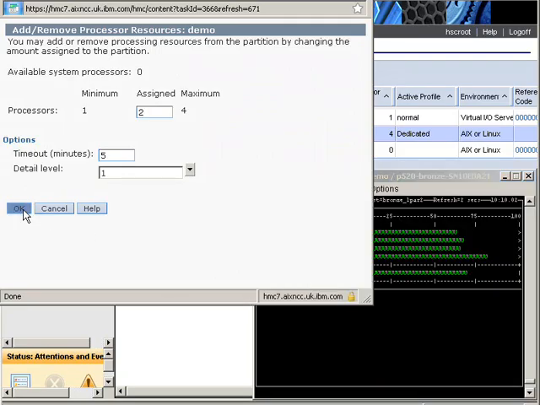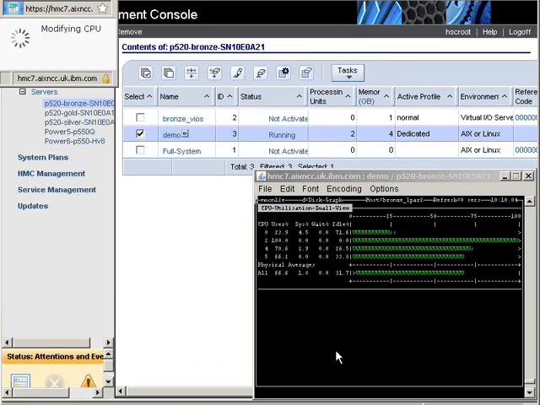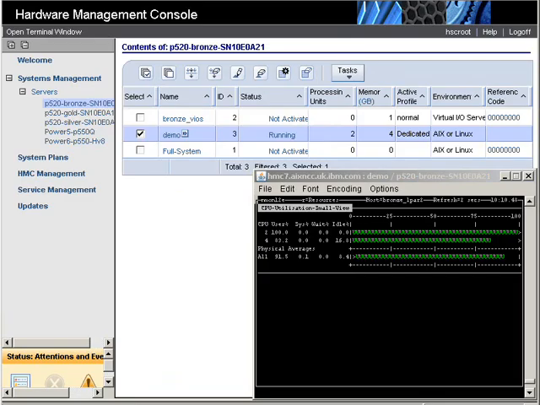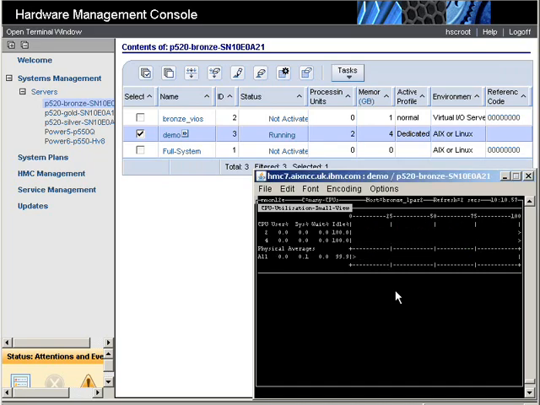Bring up the console again so we can watch it happen. 1, 2, back down to 2 CPUs. Now let's shut that workload off, and we'll show